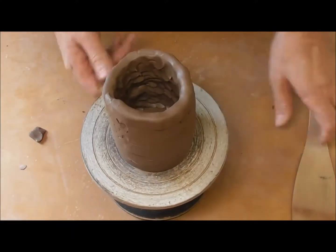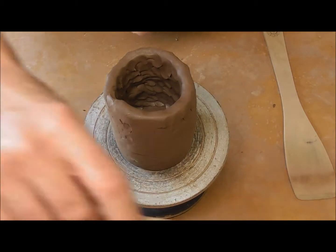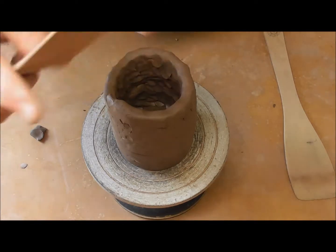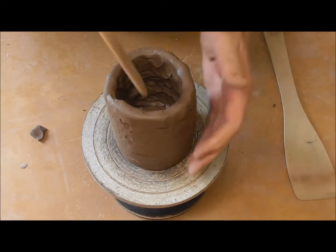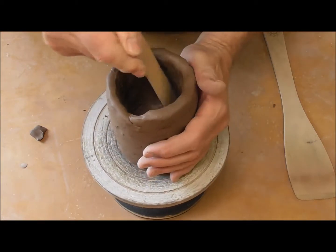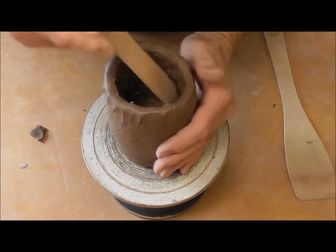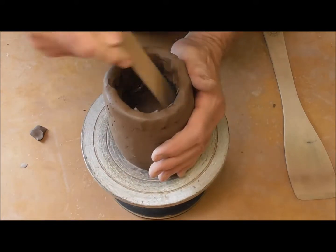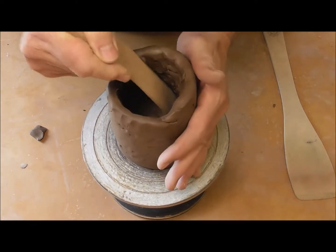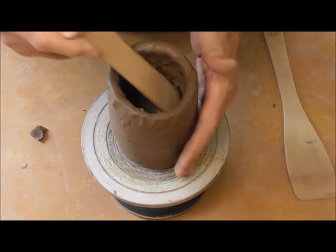Right, okay, so what we're going to do next is use this other spatula, which we're going to lens up for crying out loud. There we go. The lens is that way. So this is this narrow spatula. It's got this nice curved tip, and I can use this on the inside to just smooth, to bring a bit of the bottom up, that thick bottom pad of clay that I put on the wheel, just bring that up into the sides a little bit,